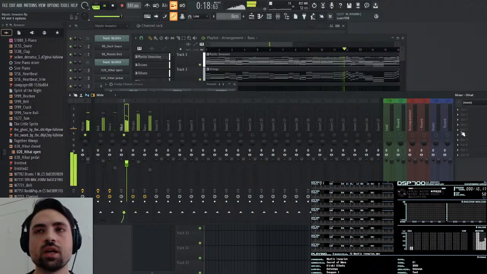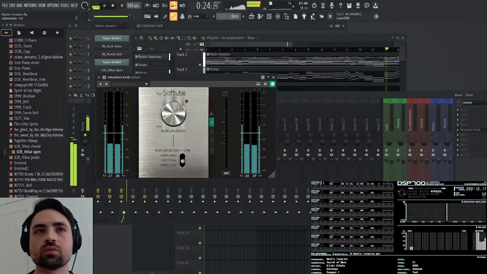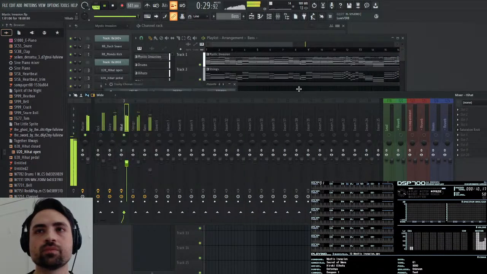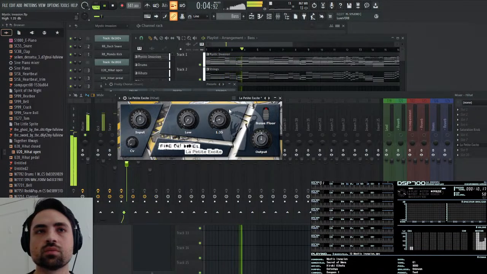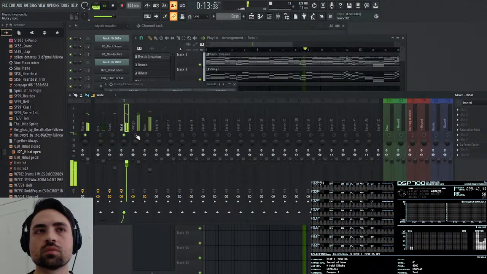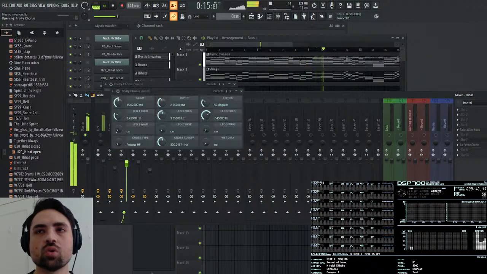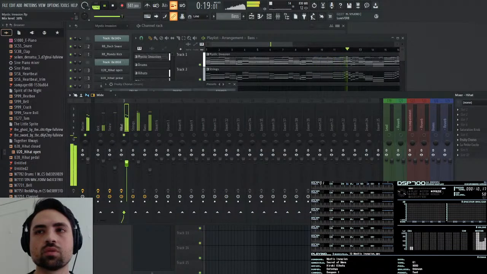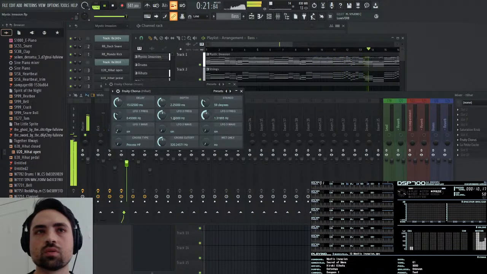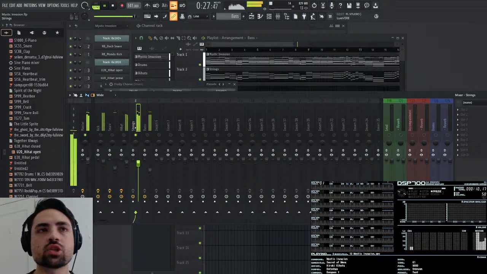Nice. Now the hi-hats, I do also want to saturate. Compensate for the volume. Let me excite it a bit. Not too much, because it does already have a lot of highs. Let me also give it some chorus. Nice. Beautiful. Now the strings.